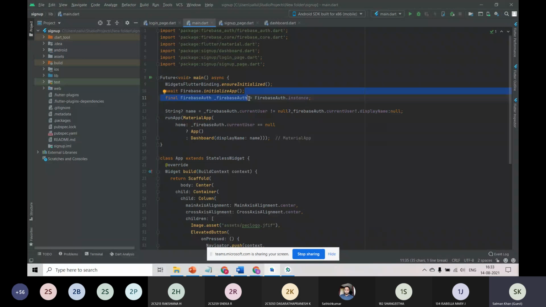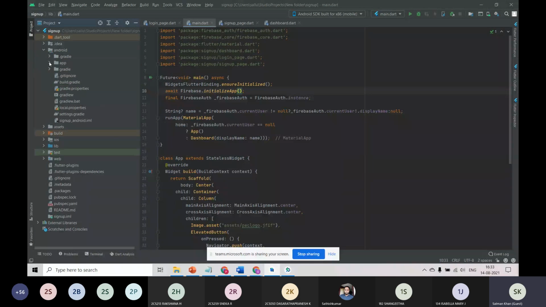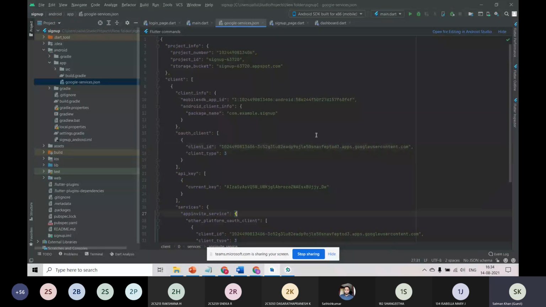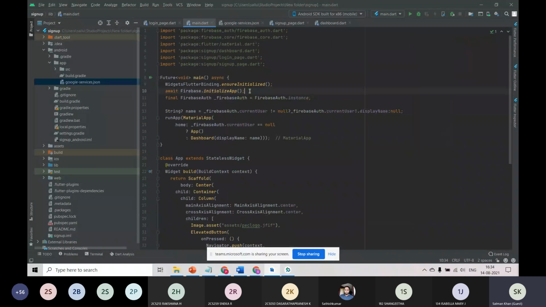And what it does exactly is, there is a file called google-services.json. Whenever you create a new application, Google provides you this JSON file, which contains the secret key, client ID and client type, everything for your application. So this code will just initialize your application and verify everything is correct. And this is the main keyword we used here for authentication purposes.